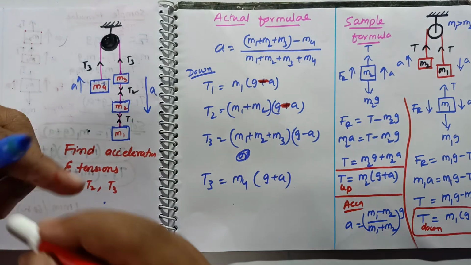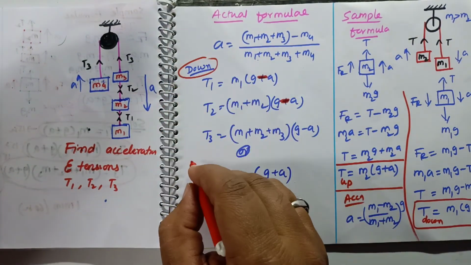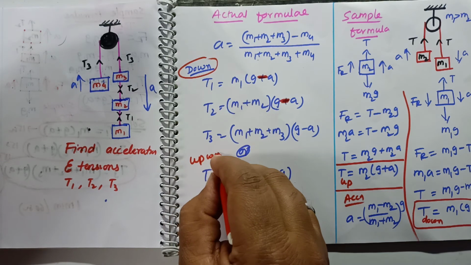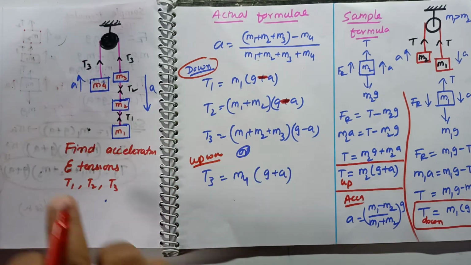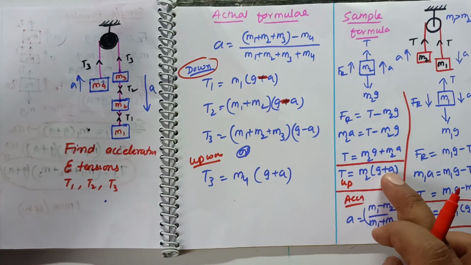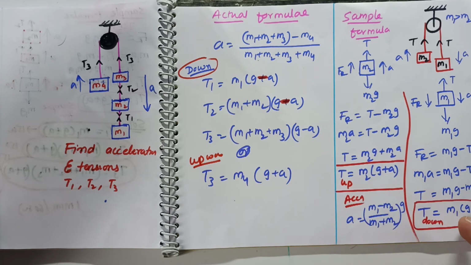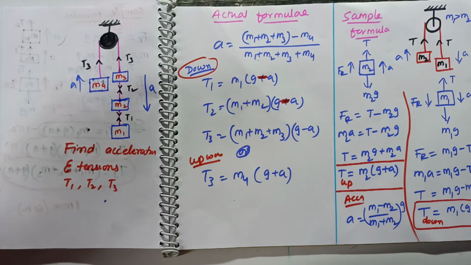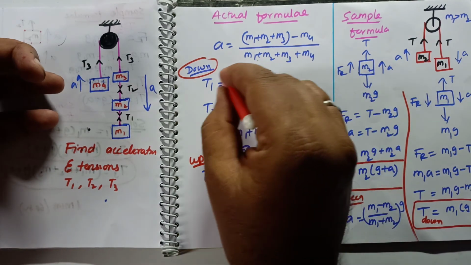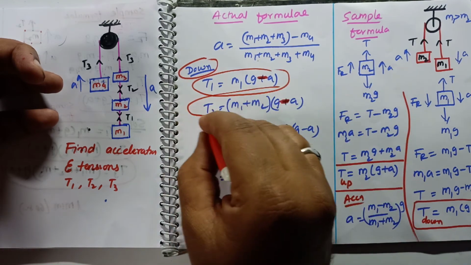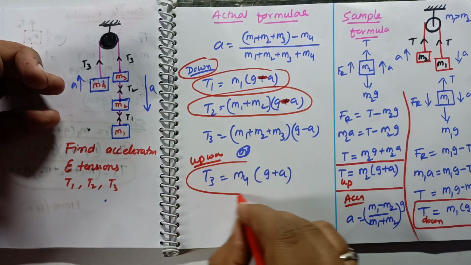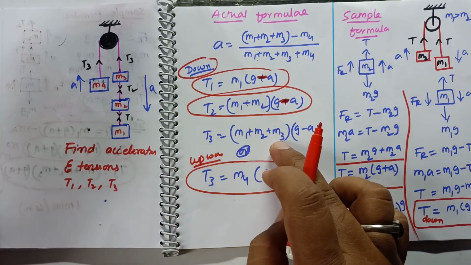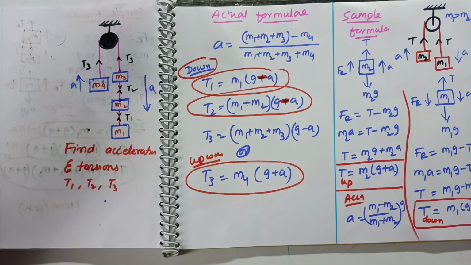So whatever I have discussed here, this is moving downwards. Now if you consider whatever it is moving upwards, only one mass is moving upwards. So anything which is moving upwards can be taken as G plus A. Anything moving downwards is taken as G minus A. So you have hacked the system and done in a very easy manner. I think it is better if you use this formula and finally this formula, because this will become a little bit complex one. So you have to use your brain and do the smart work and save the time.